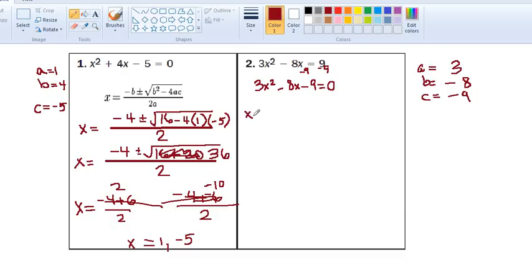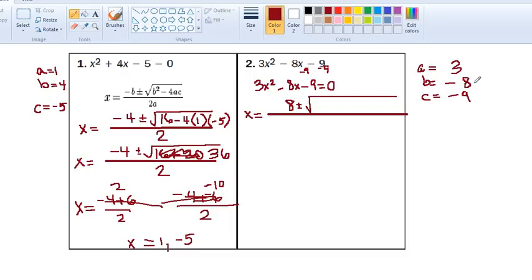So here's what we have. We have x equals, again, we're solving for the two, we think it's going to be 2 x's, and it will be in this case. So x equals the opposite of b. Well, the opposite of -8 is +8. That's going to be plus or minus square root